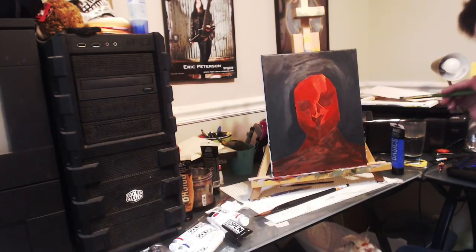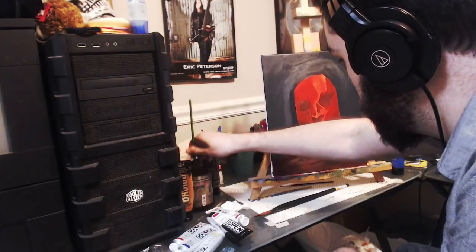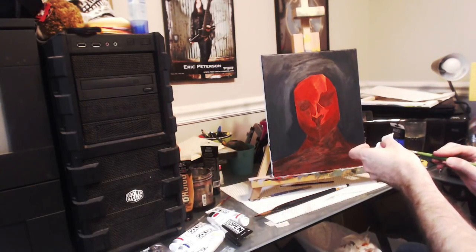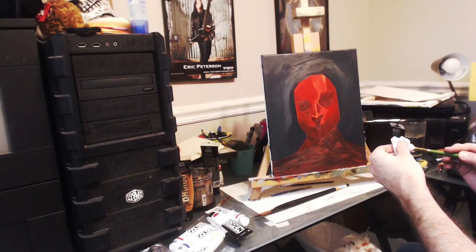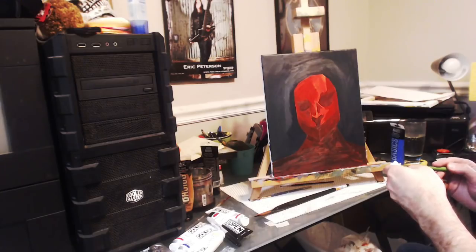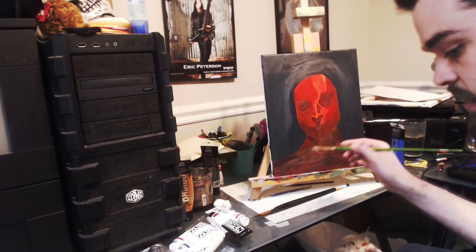Yeah, I'm gonna have to fix up his eyes a bit. They're too high up. That's okay, that's fixable. These are all fixable problems. And I'm not sure about this lighting. The neck's a little weird. Yeah, his neck needs to be...